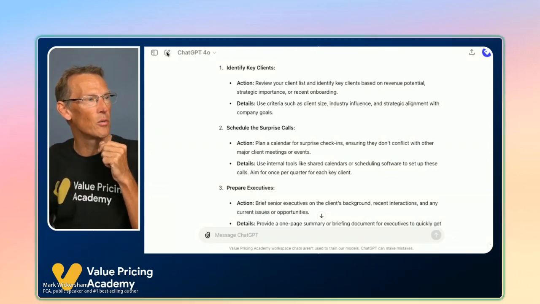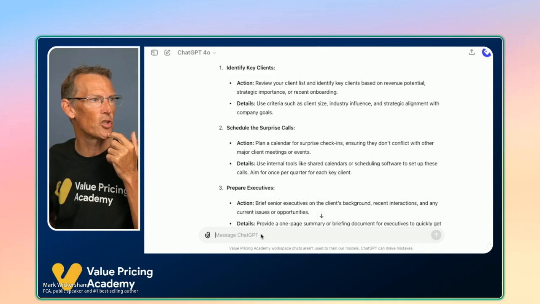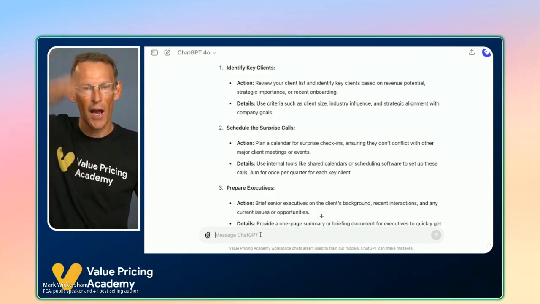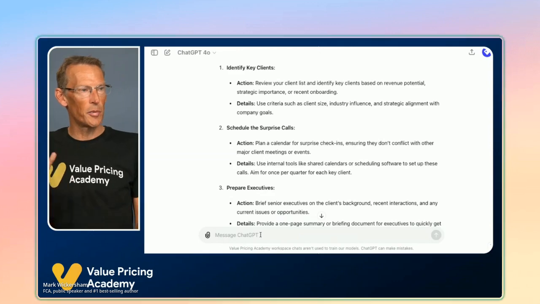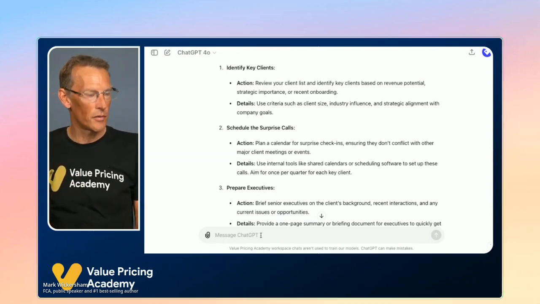I'm going to start a brand new. No, I'm going to keep. Let me think. Shall I do a new chat? No, we'll keep in the same chat. That's fine. Because within the context of this chat, ChatGPT knows that I'm a firm of accountants in Dallas. So it'll take that into account.